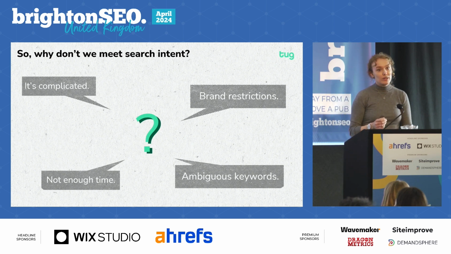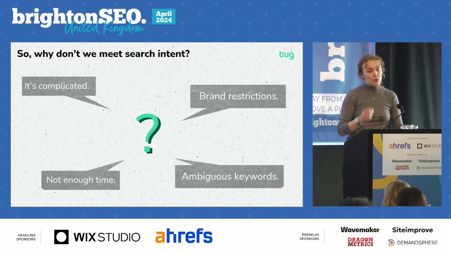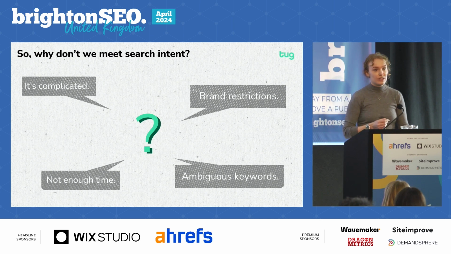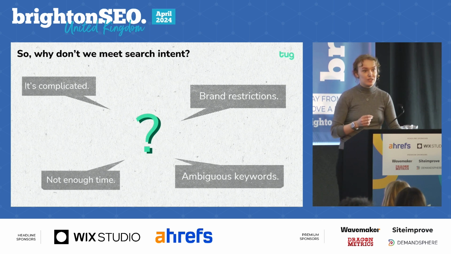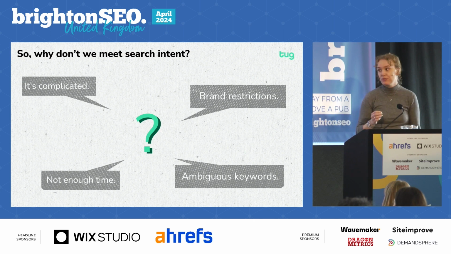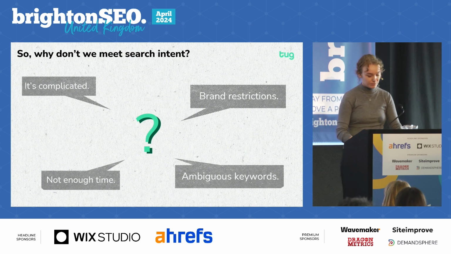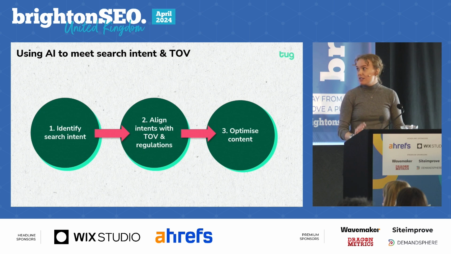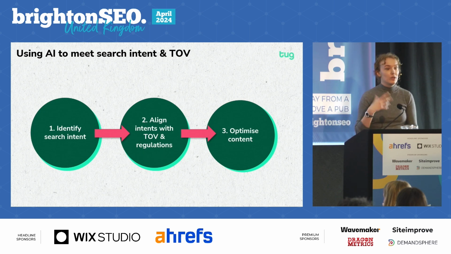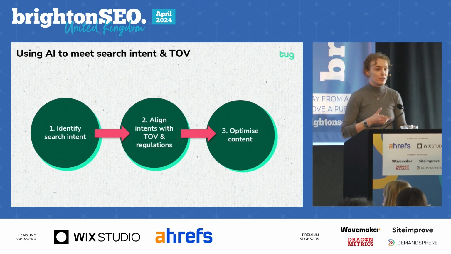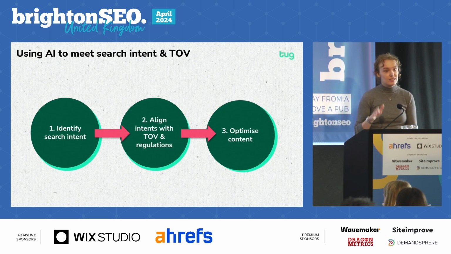So how can we better clarify search intent, all while keeping within the brand tone of voice guidelines, any industry regulations, as well as the limited amount of time we may often have to work on projects like this? So I've created this 3-step process in which to enhance the ways in which I'm meeting search intent within my content. I'll go through the intricacies of each of these 3 main processes next, but just to give you a brief overview,